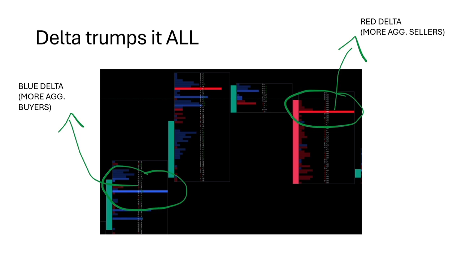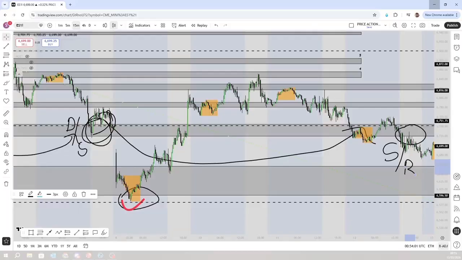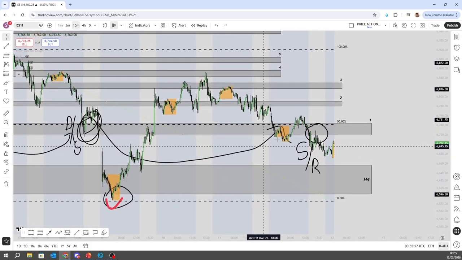I'm going to be going over that in future videos, and then we're going to use this stuff on the charts to go over supply and demand, right? So this is basically where we're heading. We are heading towards support and resistance or supply and demand, right? So we're going to understand how to find these zones using